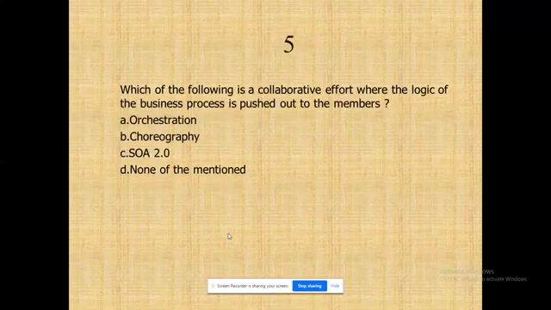The last question. Which of the following is a collaborative effort where the logic of the business process is pushed out to members? It's a question to discuss. Not expecting answers from you, but it's a question to discuss.